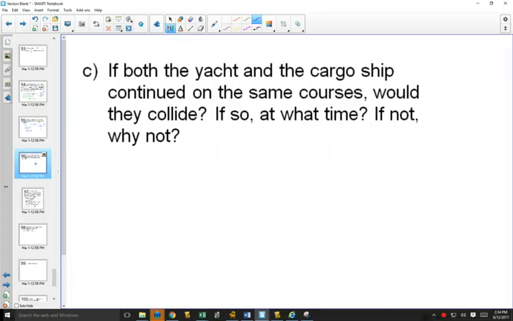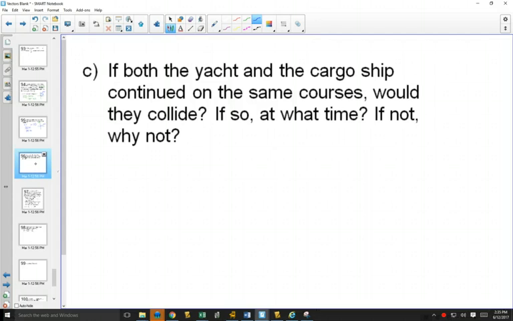If both the yacht and the cargo ship continued on the same course, and the people on the yacht, because it was a pleasure craft, weren't paying attention, would they collide? Cargo ship doesn't matter, it's just like a speed bump, right? But